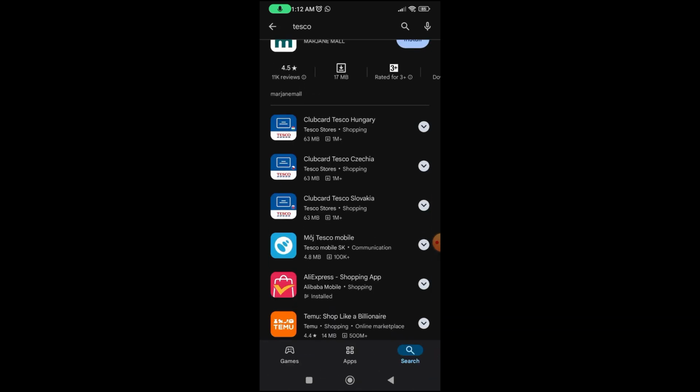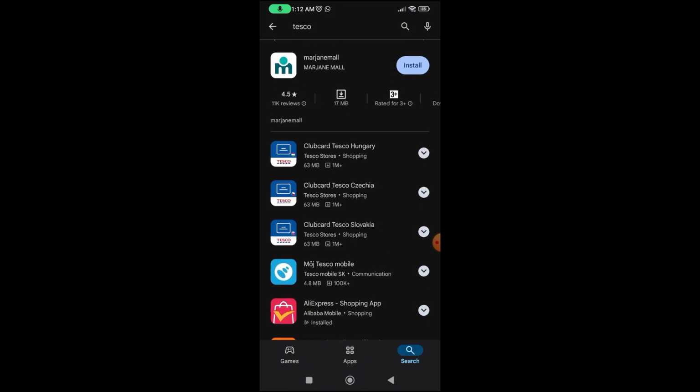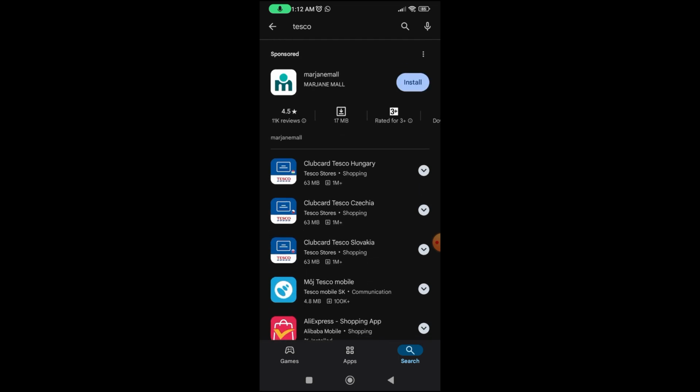Now make sure to find Tesco grocery and Clubcard. So as you can see here in my results, they show me just 3 of them. Now if you don't find Tesco grocery and Clubcard, go back